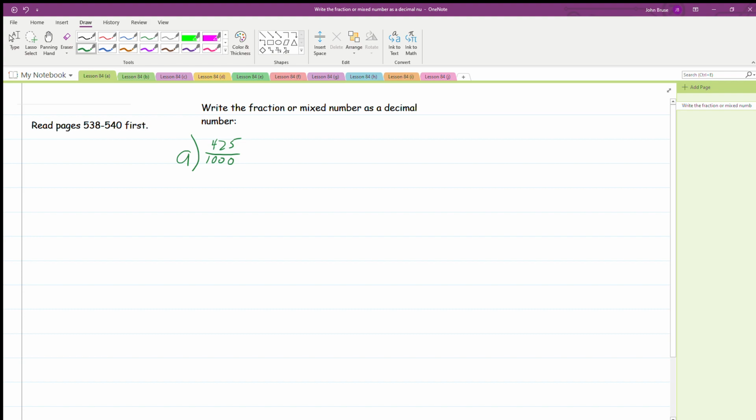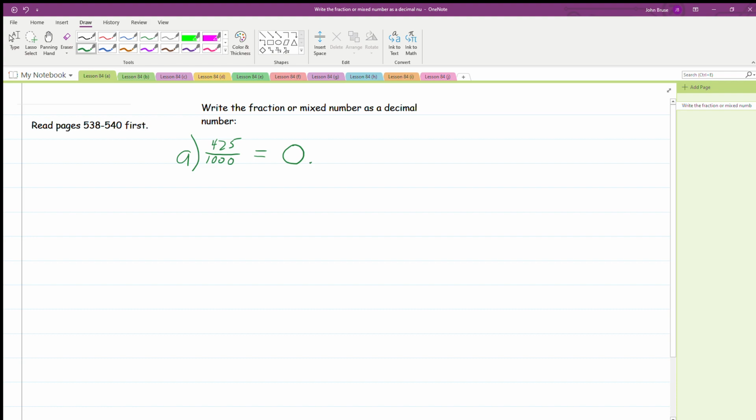This is less than a 1, because it's 425 thousandths. So if I took a whole and broke it up into 1,000 pieces, 425 of those are the pieces that we're talking about. So we know that it's less than a whole, so we're going to just write equals here. And since it's less than a whole, we're going to put 0 before our decimal. So we've got a 0,